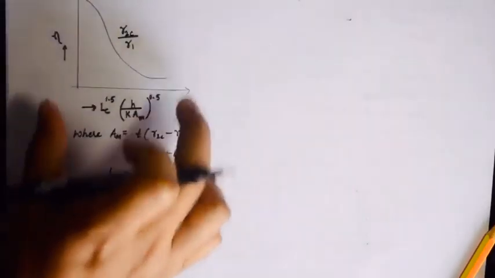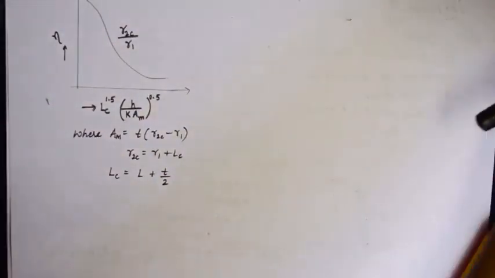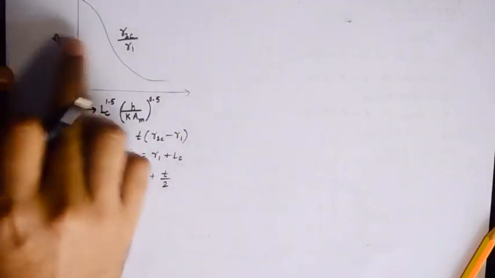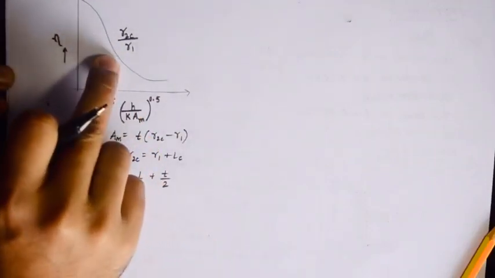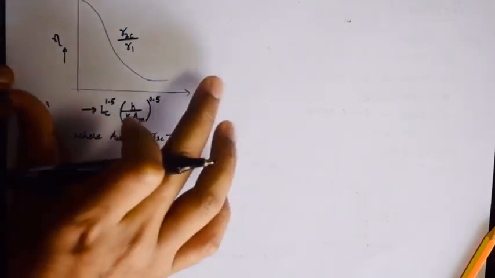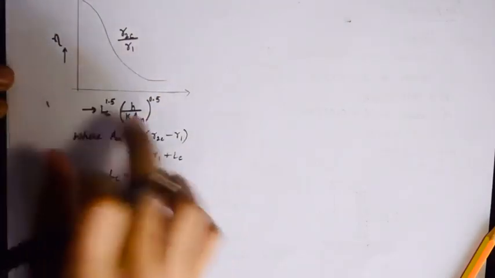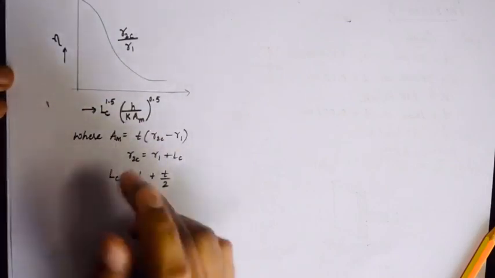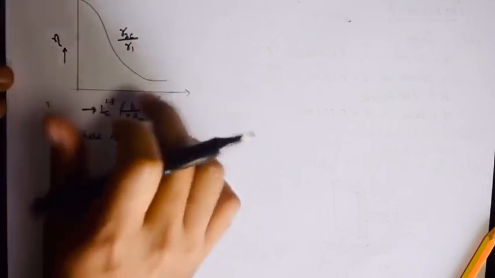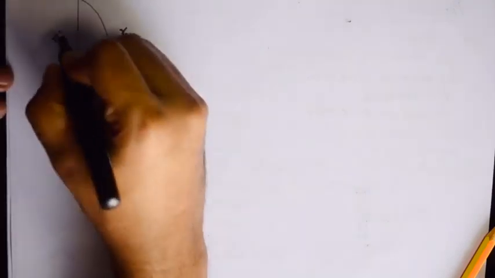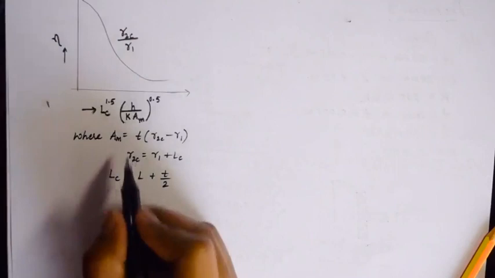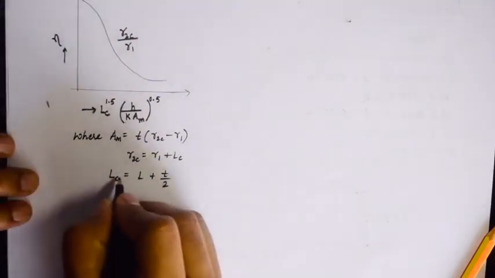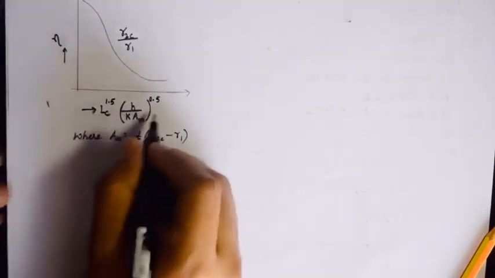So from the graph on page number 51, you are going to get these details. The graph is of this type. We have the x-axis and y-axis given. There is a curve which represents R2c by R1. Just refer to the graph, and under the graph you will find all the terms, which are descriptive. We'll find all these terms and substitute them in the formula. The thing we need to get out of here is the efficiency. So we'll find the value of Am and Lc, and substitute it here so that we get the x-axis value.